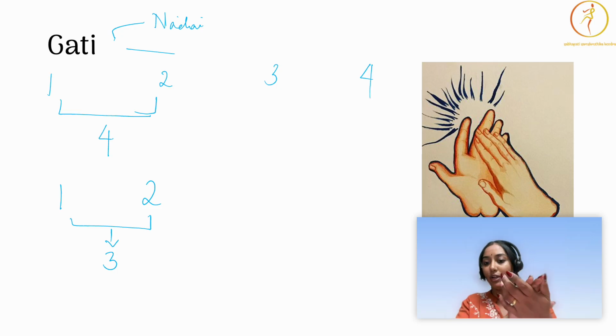So how much is it per beat? 1, 2, 3, 4, 1, 2, 3, 4, 1, 2, 3, 4, 1, 2, 3, 4. Or 1, 2, 3, 1, 2, 3, 1, 2, 3, 1, 2, 3. Here we can have